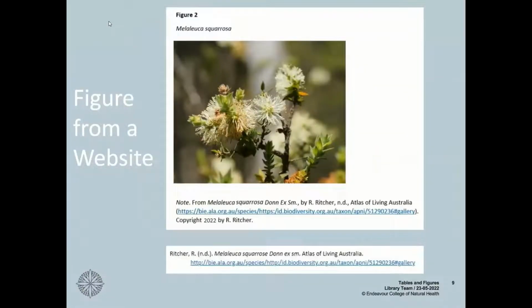So this is a figure from a website, and you can see here we have titled it exactly the same way. This is the second figure I'm using in this presentation, so it is figure 2 in bold up the top. Then we have an italicized title underneath. Because this is a botanical name, we reflect the correct titling for it, so we keep this second one as a lowercase. Then we have the figure itself and the note section underneath. So you'll see that, yes, as we're going through, it's pretty consistent following this, but then obviously from here on, the referencing information does change.